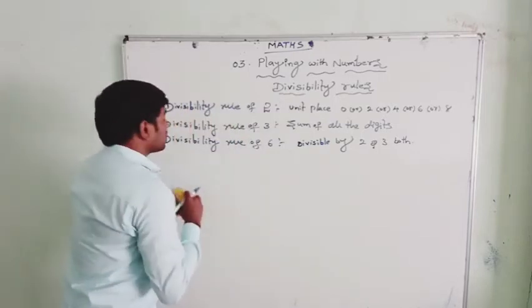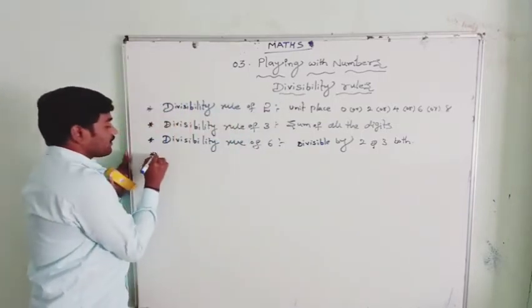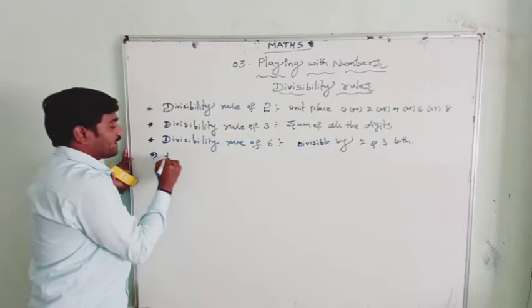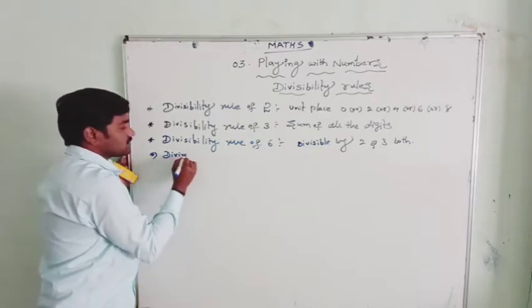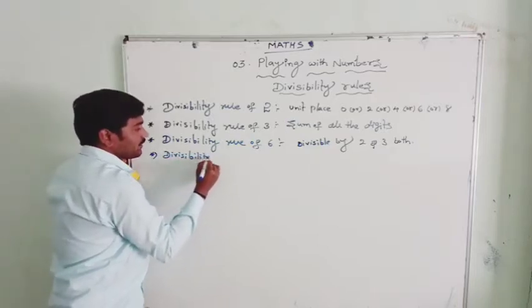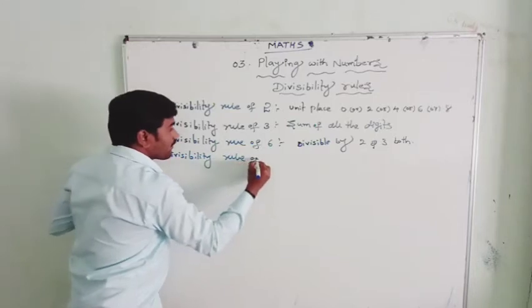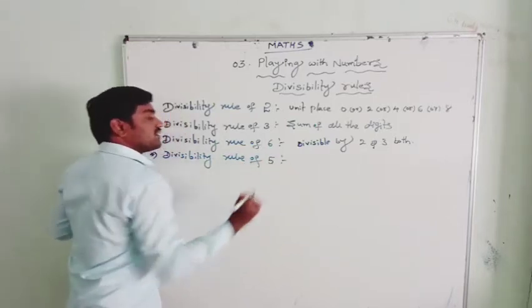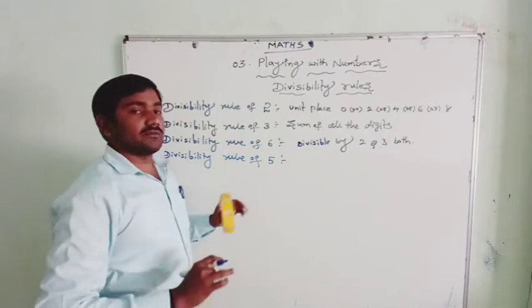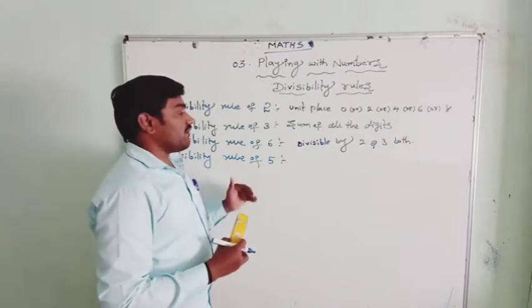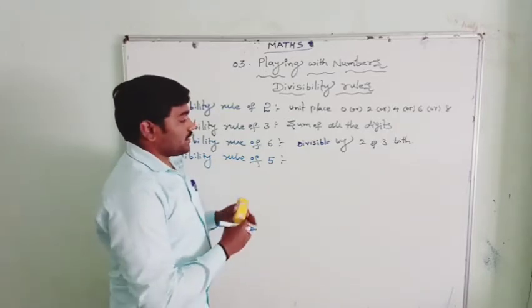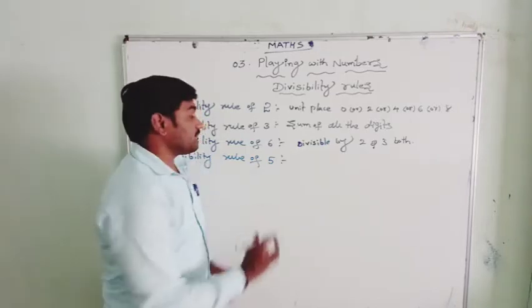Okay, next let us learn about the divisibility rule of 5. Divisibility rule of 5. Very simple. Here the divisibility rule of 5 is that if a number,